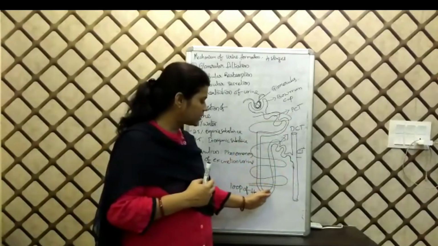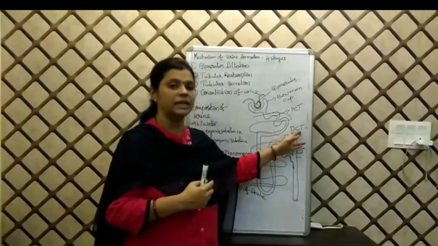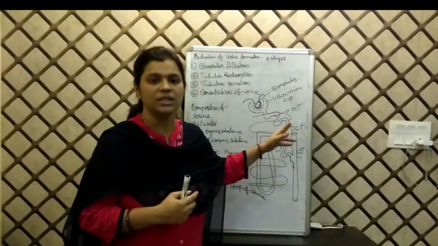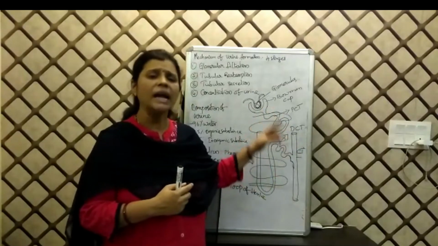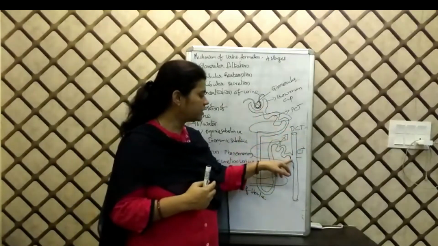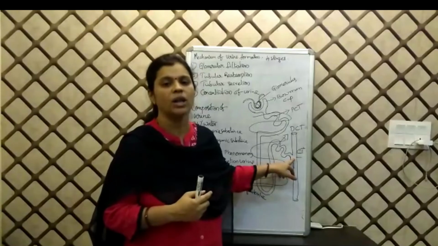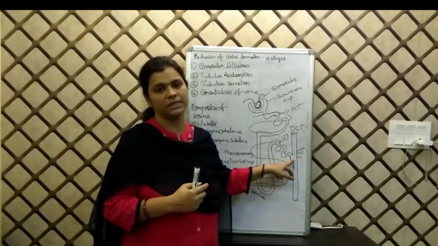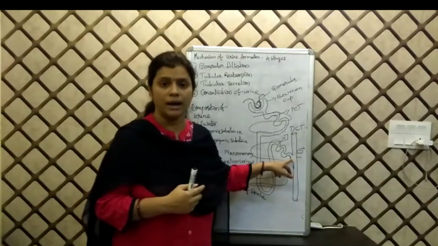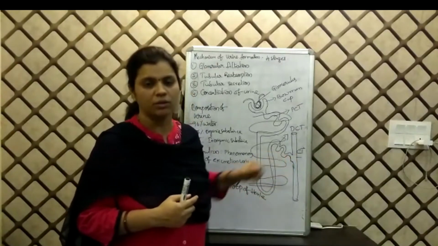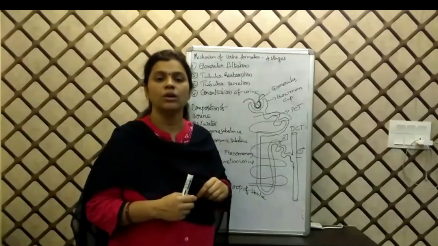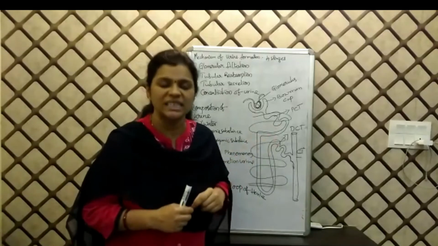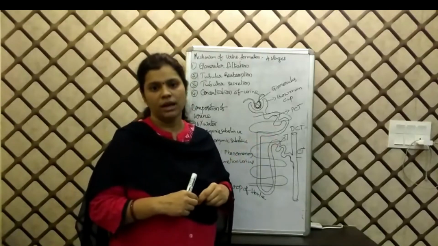And then it takes a U-shaped bend and reaches the DCT, where even in the DCT maximum the urine concentration will be adjusted. And finally the DCT opens into a nearby small collecting tube, and at this place the hormone vasopressin plays a very important role. So this vasopressin hormone will be produced, synthesized here, and secreted here to adjust the concentration of urine, wherein